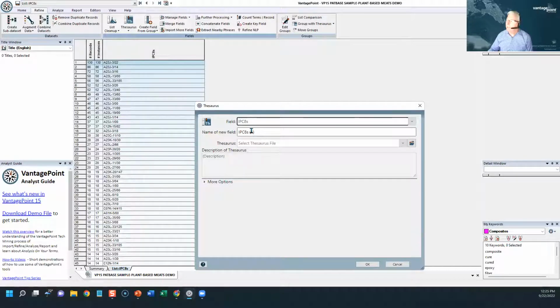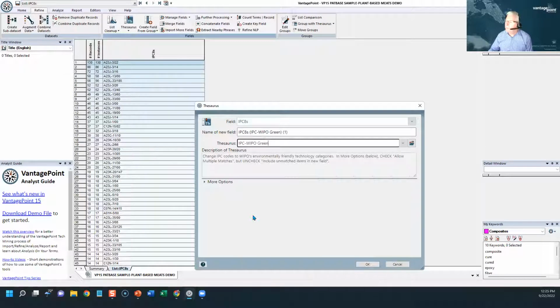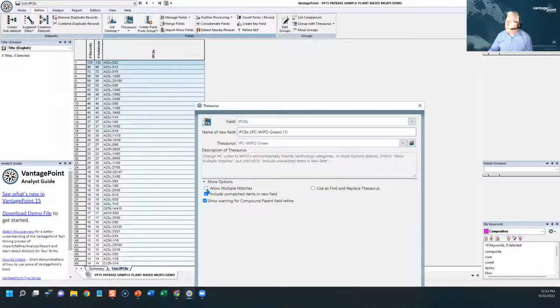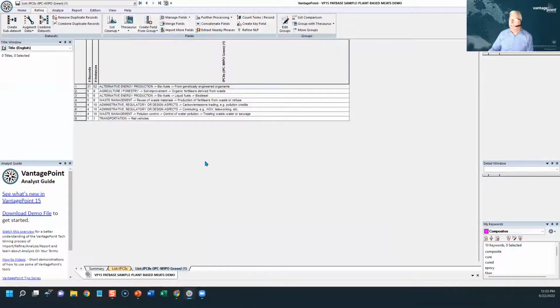Thesaurus, I'll just leave the number there, use the green, go into more, and here we go. So these are now the green IPCs within the data. But what I like to do is instead take advantage of the grouping characteristics of VantagePoint with regard to thesauruses,